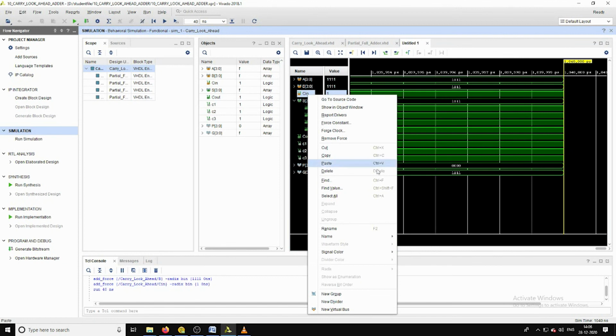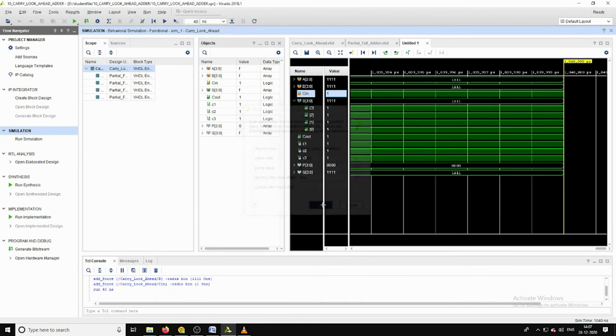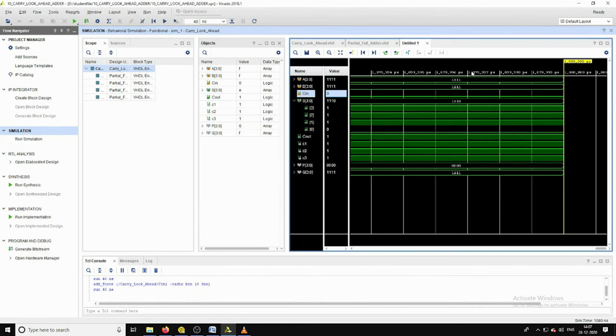Or else, suppose I give the carry input as 0. Now if we observe this case, the two primary inputs are A 4 ones, B 4 ones. There is no carry signal we are providing, that means carry in is 0.